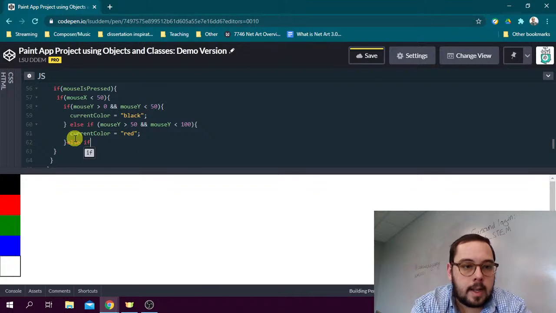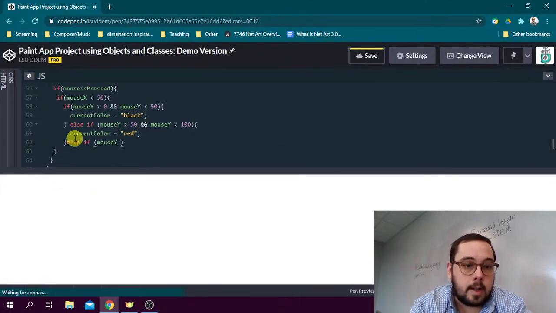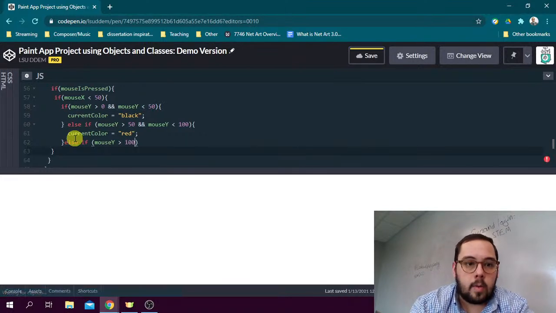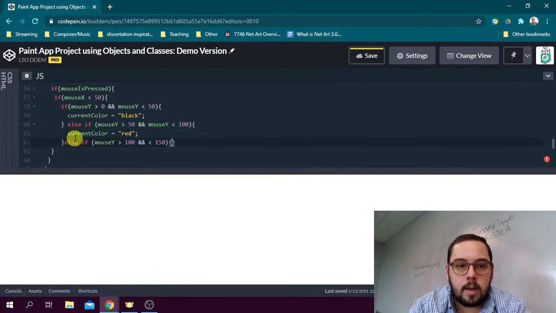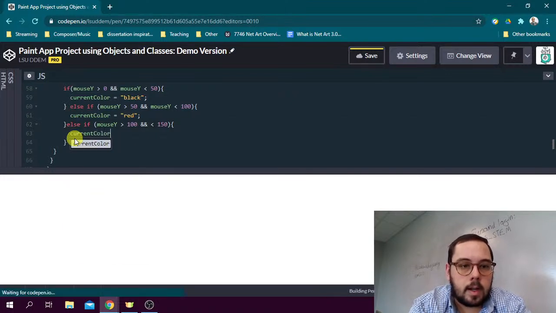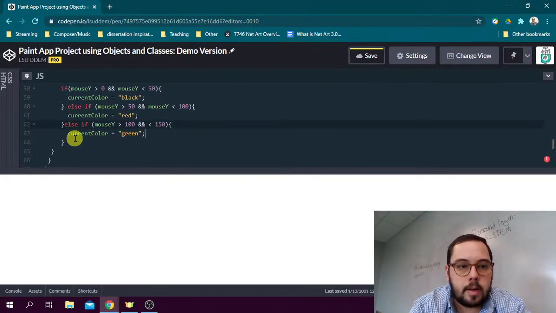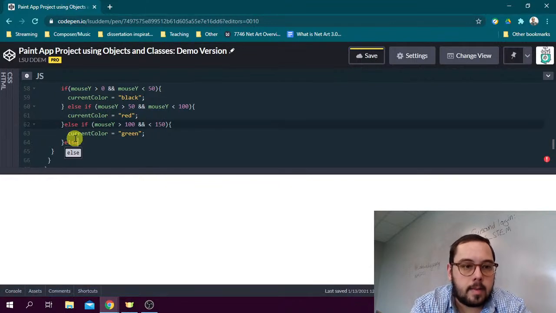Else if mouse Y is greater than 100 and less than 150, we will say current color gets assigned green. Else if